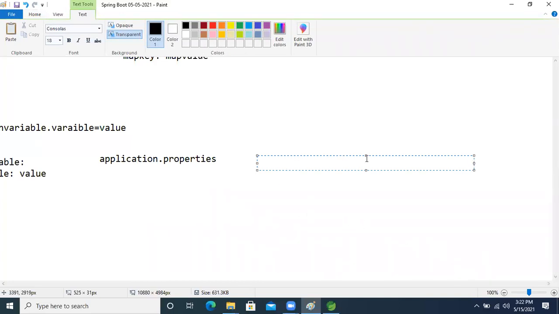In our class there is @ConfigurationProperties. Inside that, what is the prefix, guys? I'm taking my dot app only. Based on that, let's continue.